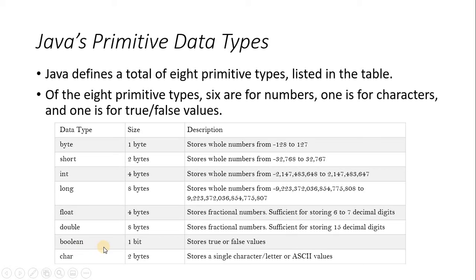And we have boolean. Boolean takes 1 bit only, either 0 or 1. If it is 0 it means false, 1 means true. So a true or false value is going to be stored. We write it literally as false and true, and it is going to be stored as 0 or 1 because it's 1 bit. Characters have 2 bytes, that means 16 bits. So 16 bits is supported for ASCII characters, ASCII values. 16 bit characters can be stored.